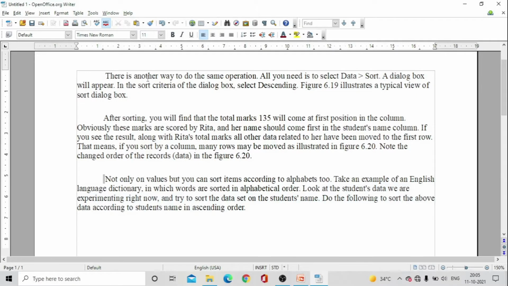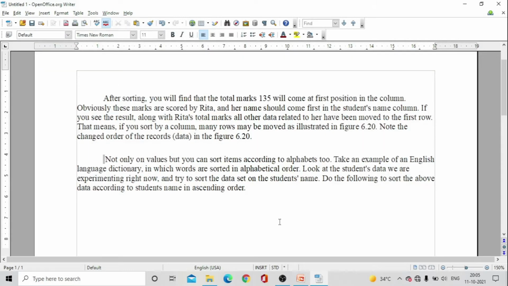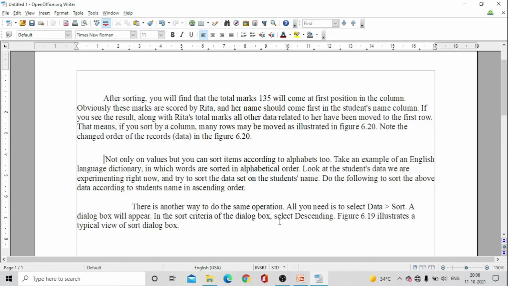For example, I have selected this paragraph by clicking 4 times and now I want to cut it. Again, there are 3 methods for cutting the text. Either you can go from the menu, or you can go for the shortcut key. First we will go from the menu only. As you can see here, cut is given and the shortcut key is Ctrl plus X, or you can see the icon here also. If I cut the text from here, as you can see the text which was selected earlier has disappeared. Now I'll paste it here. So this is known as moving.